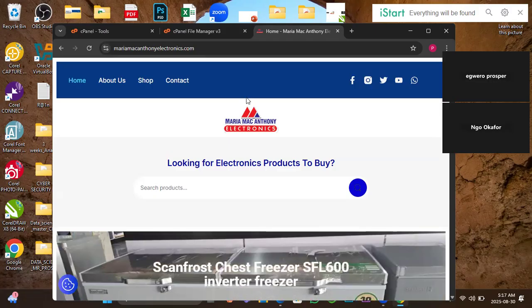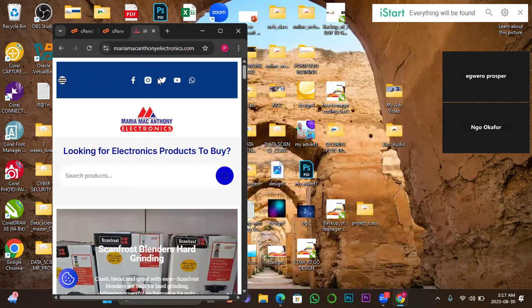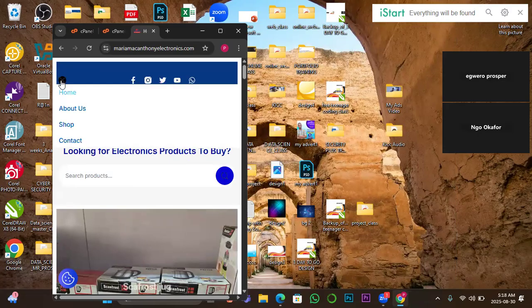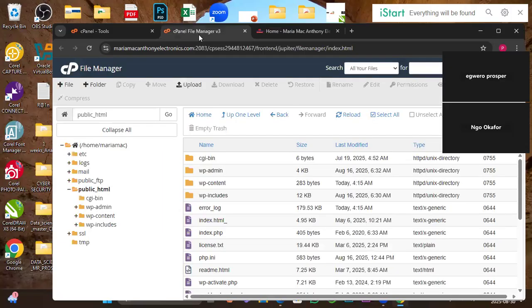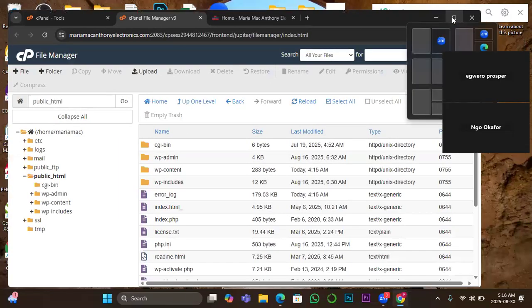So this is within tablet and mobile view. This is tablet, and when it comes to mobile, you no longer see the links. You cannot drop them from here. When it's on tablet, you can see the links. And once you get to laptop full view, you will no longer see the header at all. So now the next thing is for me to go to my WordPress backend so that I can start